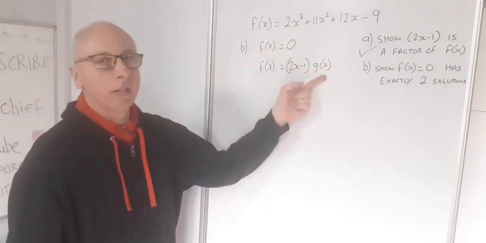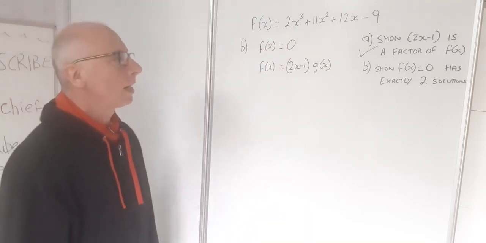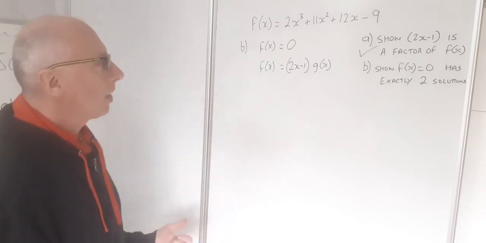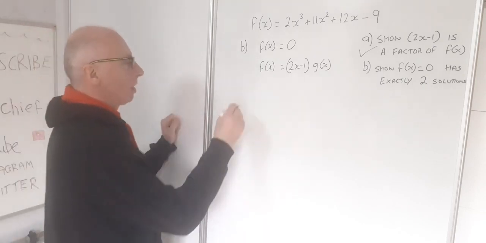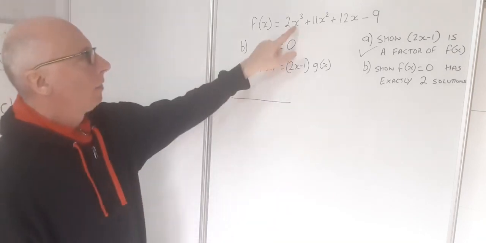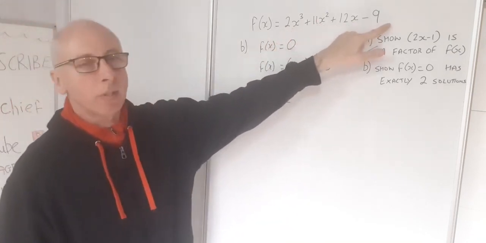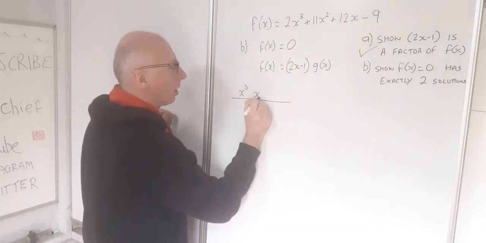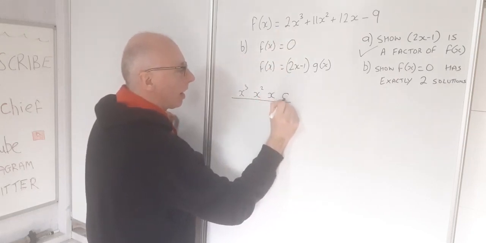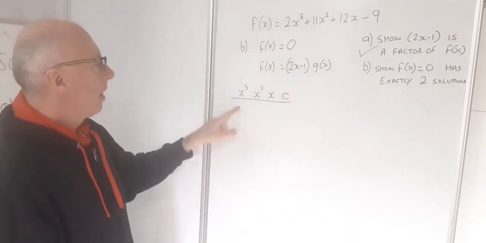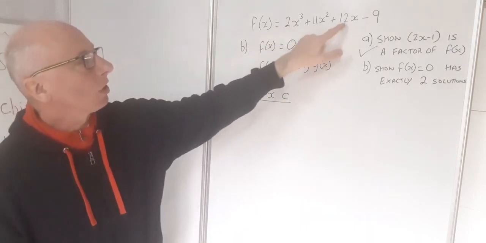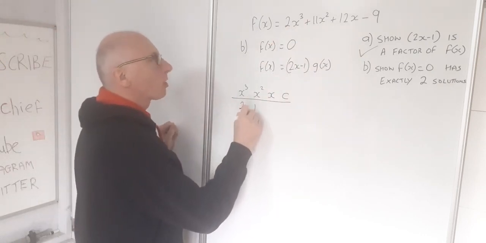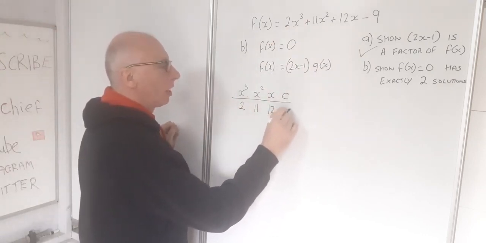So how are we going to find what that is? Well, there's a few ways. One way I'm going to show today is using synthetic division. So for synthetic division, we have to do a little bit of a setup. We set up a table with our polynomial x terms and constants on the top. So this one goes up to x cubed. So I've got x cubed, x squared, x, and c for my constant. And then what I write in here is the coefficient for each of these. So x cubed has a 2, x squared has 11, x has 12,